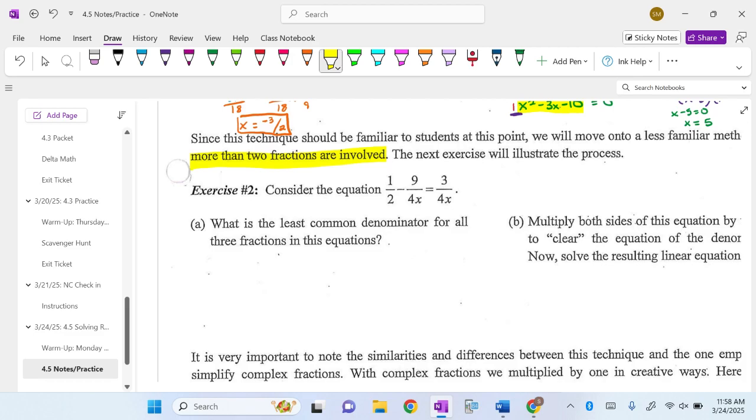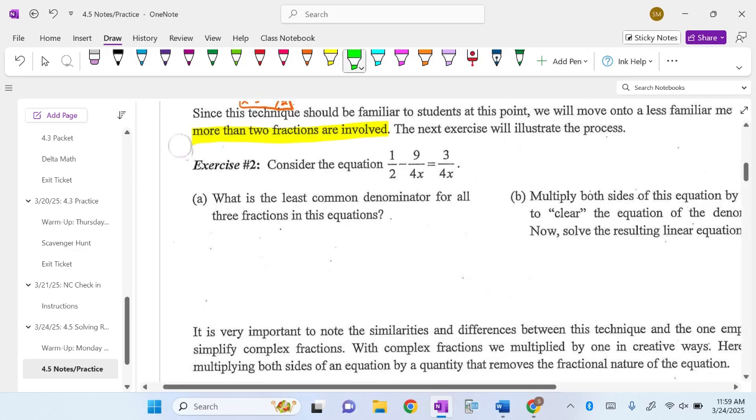The simple ones are similar to, do you guys remember last week when we did complex fractions and we were trying to eliminate the denominators of the little fractions? It's very, very similar to that. All right. So if we're looking at this one right here,